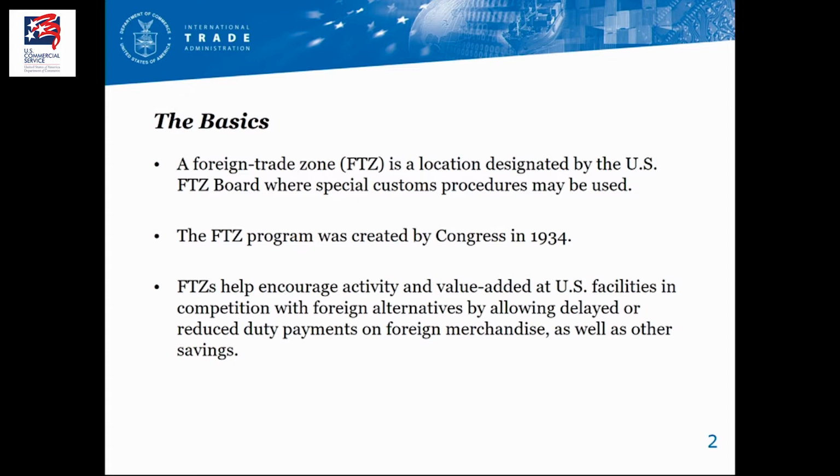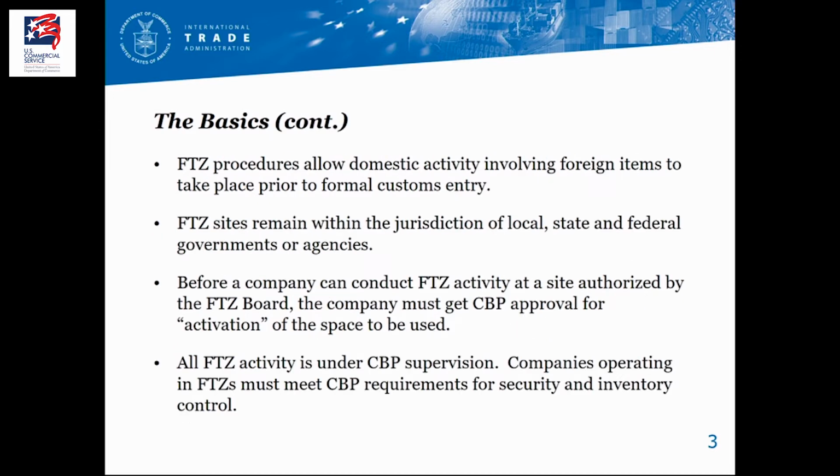The idea behind the program initially, in 1934 and still now, was to encourage activity and investment, employment here in the U.S. that could otherwise be done abroad for customs reasons. That was the original purpose. That's still what we're trying to do today. So we kind of summarized, and we are going to get into the details of each of these, but FTZ procedures allow activity here in the United States. And first of all,